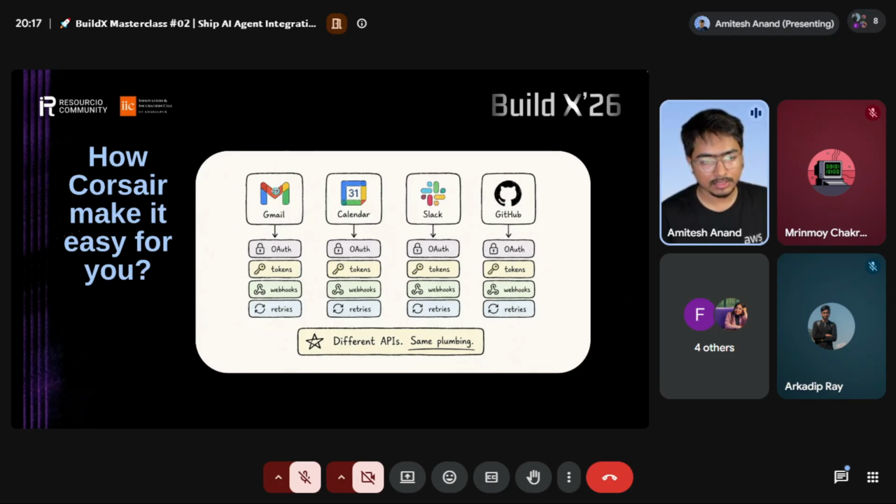Let's say you assigned one agent access to Gmail, a second agent access to Calendar if you have a multi-agentic app, a third agent for Slack and a fourth agent for GitHub. It will do tasks related to Gmail if you ask it to. The second agent will do tasks related to Calendar if you ask it to. Every agent has a different purpose and it will not behave like a weird chatbot or a hallucinating agent.